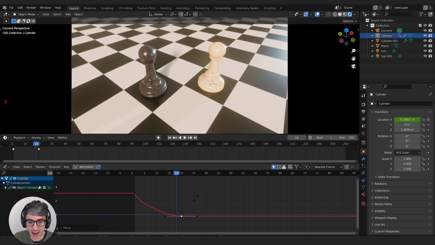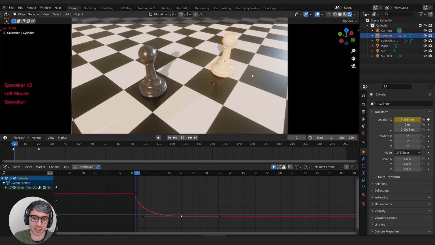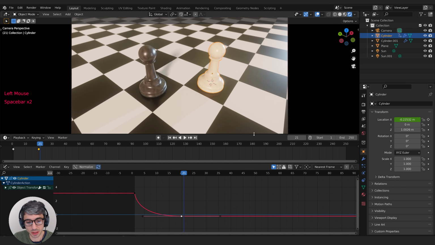So I'm going to hit S to scale and X to lock it on the X, and I'll scale it out. And this will mean it will slow down. It'll just get to this position quickly and have this long tail where it slows. So you see it has that kind of feel to it. It's really cool. It feels like a slow-mo kind of ramp up, speed down. All right, I'm going to put this back. I'll scale it down a little bit, and I'll grab X, and I'll just stick it back on frame 10